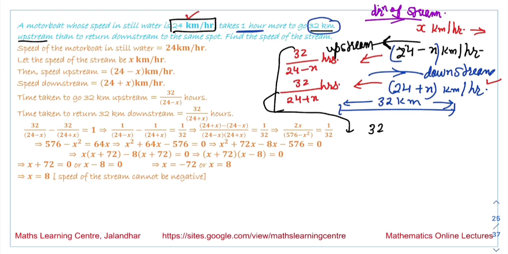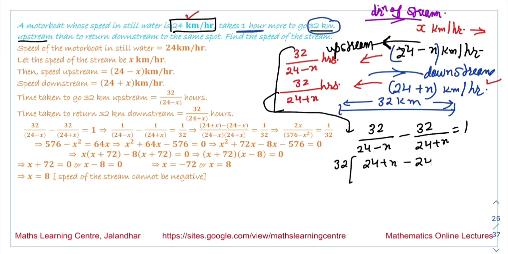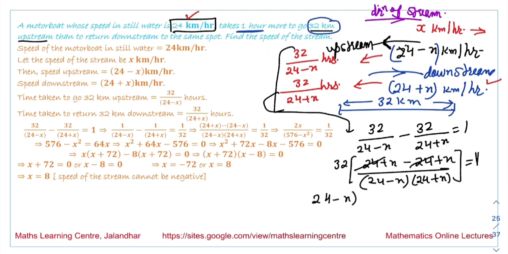So we get 32 over 24 minus x minus 32 over 24 plus x is equal to 1. So 32 is common and it is (24 plus x minus 24 plus x) over (24 minus x) into (24 plus x), that is equal to 1. These two values get cancelled and what we get is that (24 minus x) into (24 plus x)